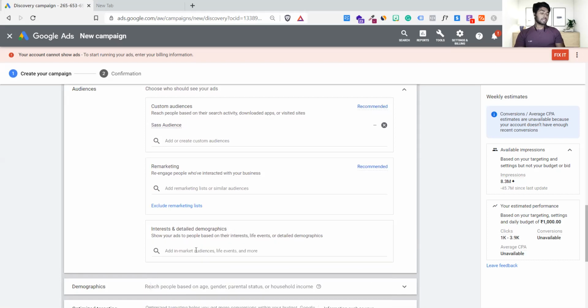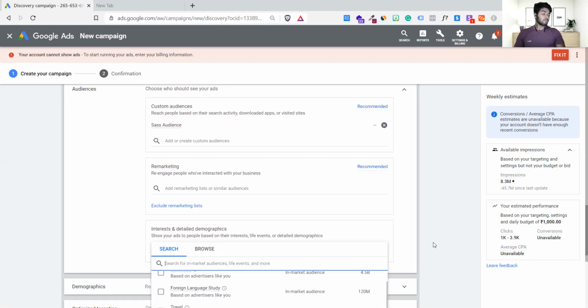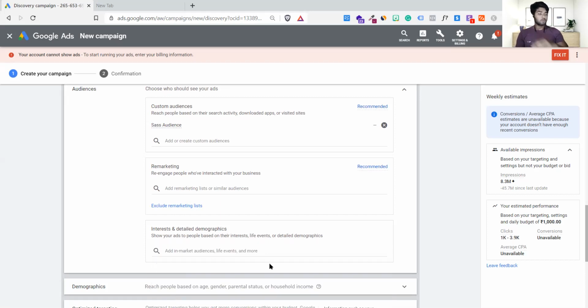Remove it, test it in a different ad group. So you will get to know whether this ad group is working for you or not. If you add both, you will think this is a waste of money and it's not going to work. The problem is not that. The problem is that you have mixed both the audiences together. It's better to do split testing again and again. You will find the winner ads.